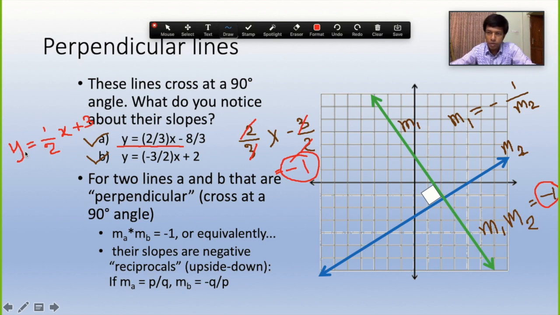This is a line. What will be the slope of the line which is perpendicular to this line? This way also you can ask this question, and actually you can find it from here very easily. So the slope of this line is 1 divided by 2, and for another line which will be perpendicular to this line, there is some relationship between their slopes, some negative thing comes. You can use this formula also directly. Since there is no negative, we must have a negative sign. Let's give a negative, and this 2 is down here, so to get the negative reciprocal